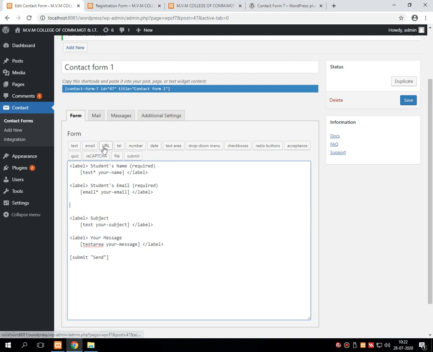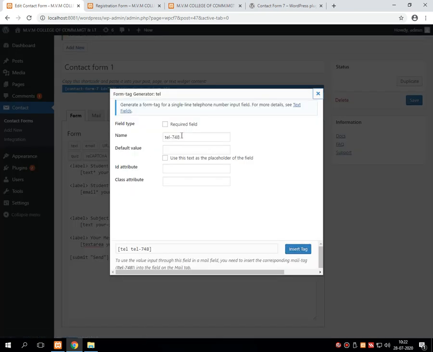Let me remove it. Something goes wrong. Here I am adding this telephone number, your number.